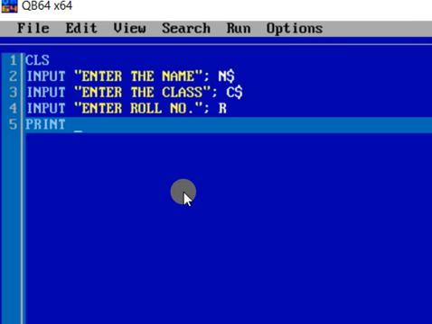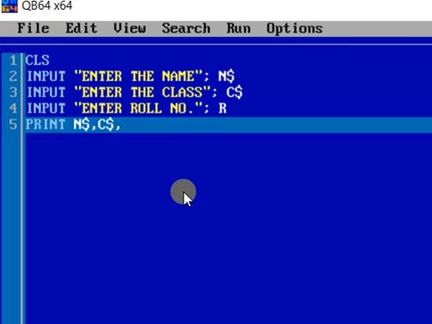Using the print statement, we can display these 3 inputs in 3 different lines, or in the same line by using a comma between them. So $N, comma $C, comma R. Like this also we can write.